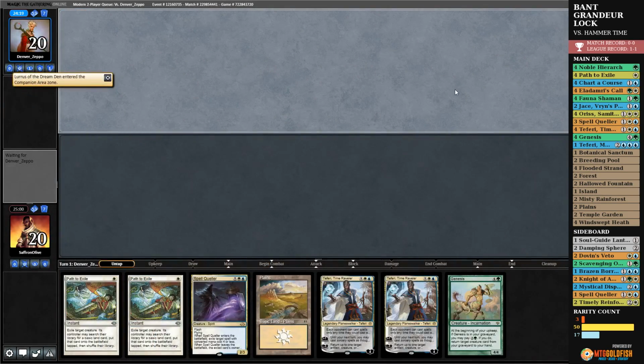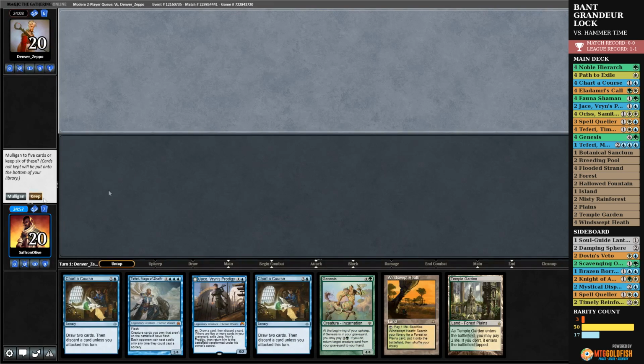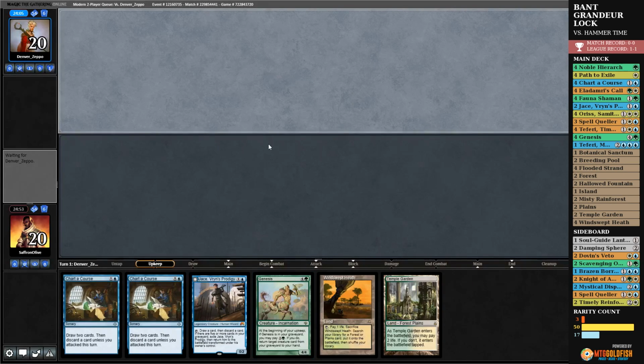Alright. Much Brew About Nothing time. We are looking to lock people out of the game in Modern with two Orisses. Bant Grandeur lock. Yeah, well, we'll keep. We will put this Teferi to the bottom so we can get Genesis in the graveyard. We need Orisses, but opponent is,